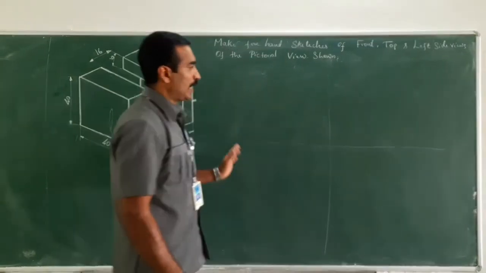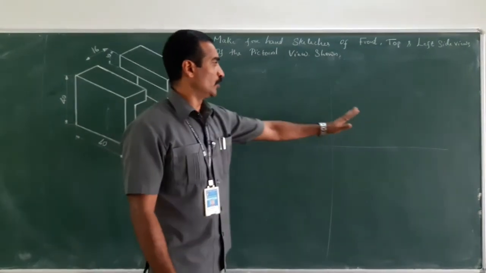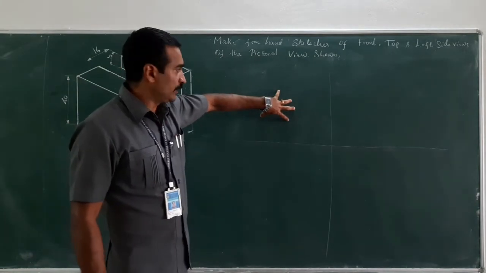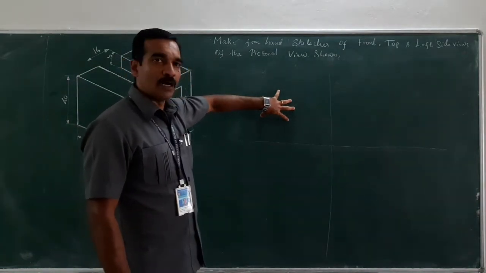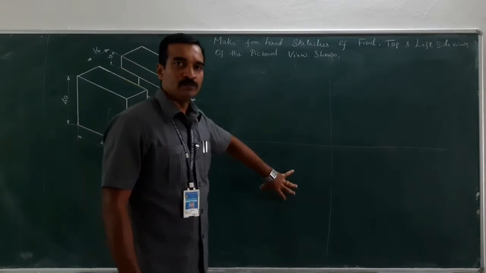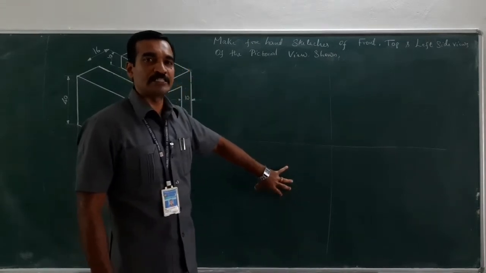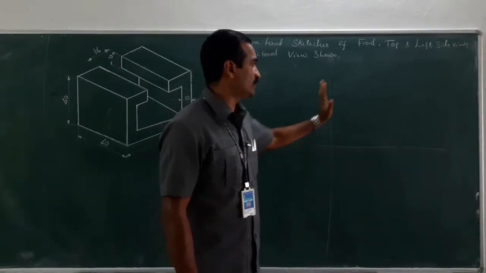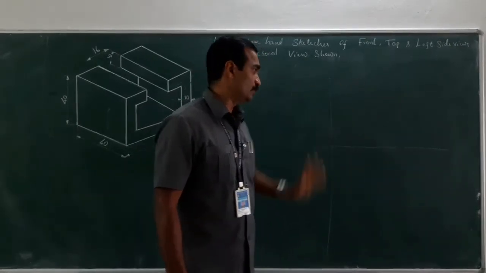So, now I split the board into 4 segments. So, here I am going to capture the front view, or the other name of front view is elevation, the top view, the other name of top view is plan, and the side view. Side view should be drawn adjacent to the front view, right.